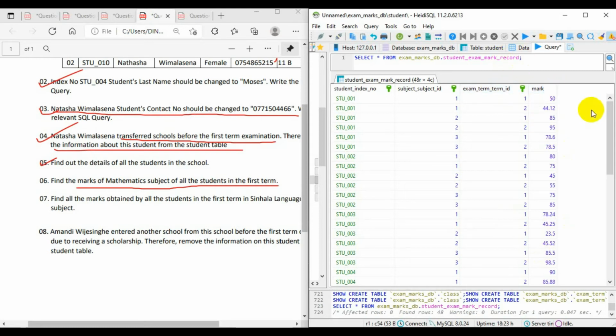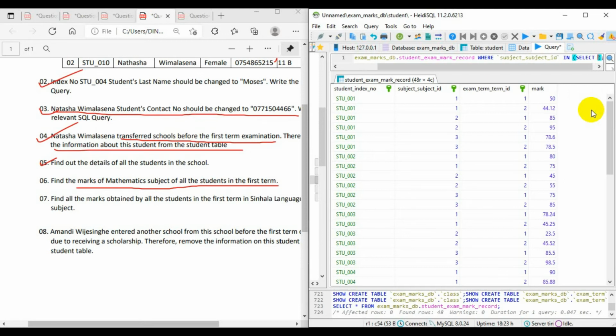Okay, now I am going to gain all the details where now we need mathematics, so we have to get that ID where subject underscore subject ID equal, just use in, you can use in or equal, doesn't matter. Now I am going to use a sub query, just open pair of brackets, then